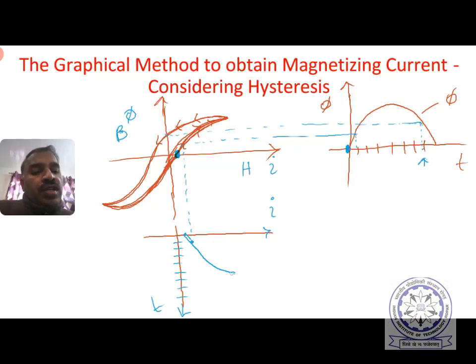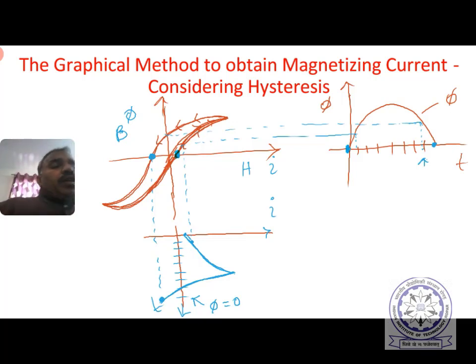So this is the actual flux 0 position, and there the current is already becoming negative. For this flux 0, this corresponds to this point, somewhere here. So this is how the curve will look, the peaky nature, but it is displaced from the phi